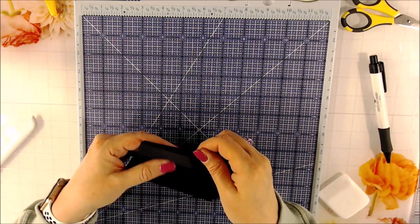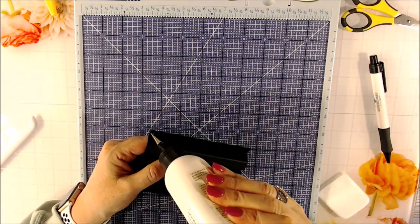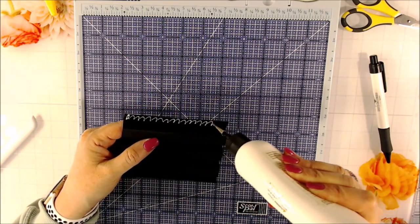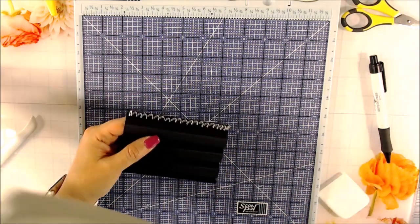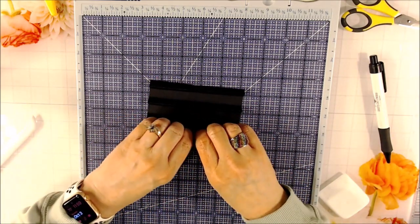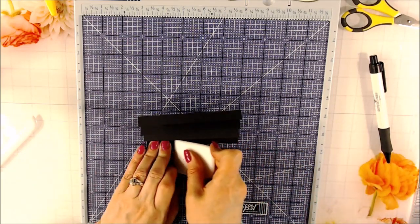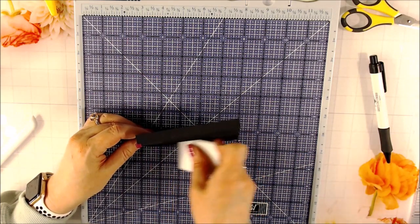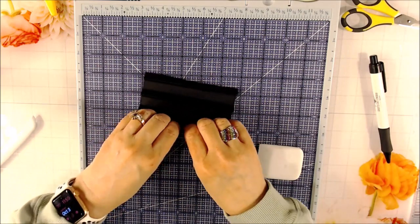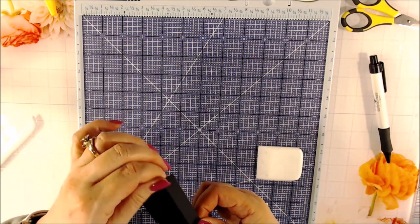So I'm going to go ahead and start gluing. I am going to go ahead and use the art glitter glue. And if you have any seepage, go ahead and clean that up with the dry wet wipe. So I'm just going to go ahead and burnish that and make sure that it's stuck. Make sure the ends are sealed real well. Okay,